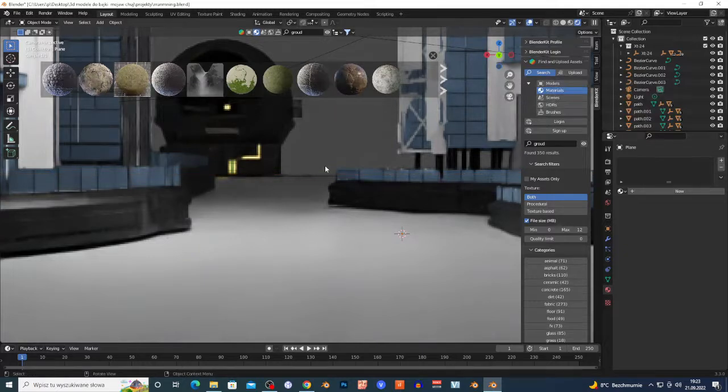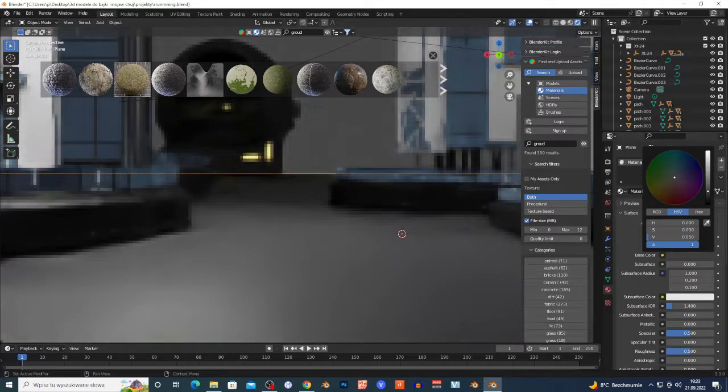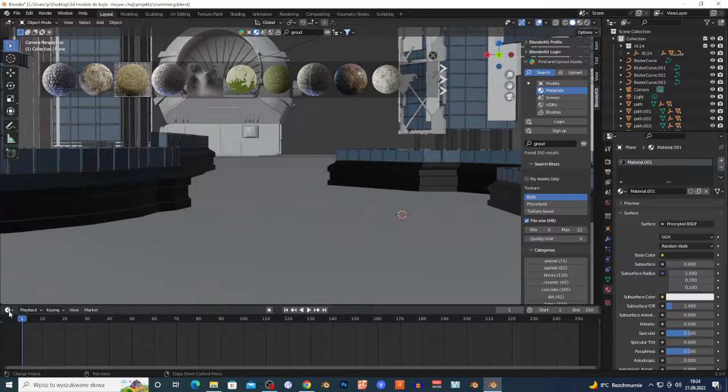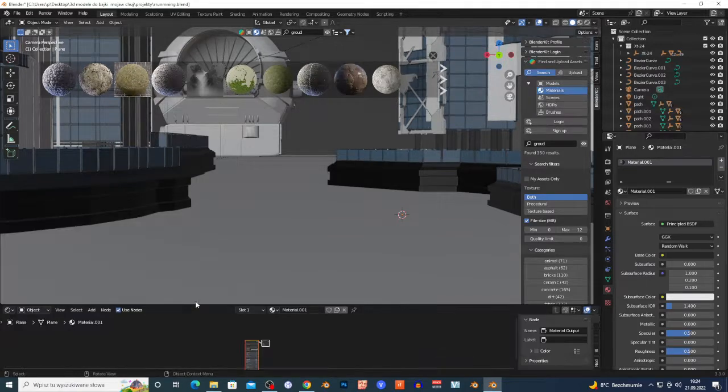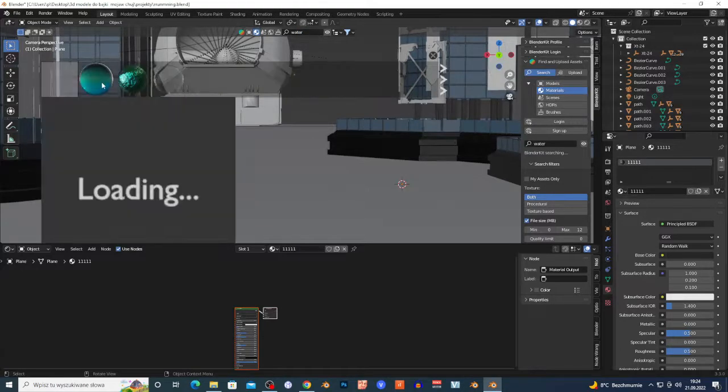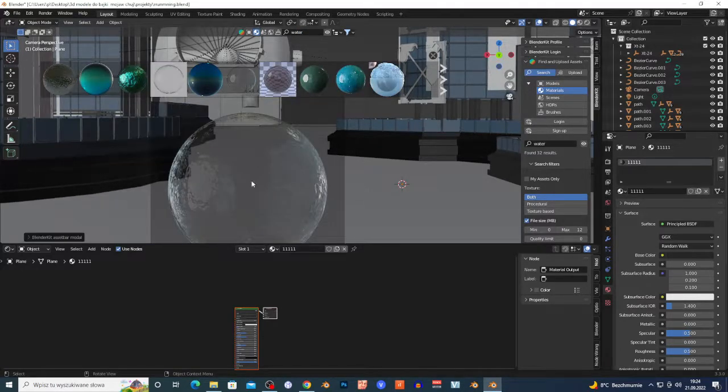And this looks already better. And I'm gonna add some new material. Maybe I'm gonna use some color. I'm gonna reuse, you know what? I'm gonna go to the shader editor and I'm gonna add water material right here. Wait, guys, I'm gonna name this one. I wanna add water. Something like this.